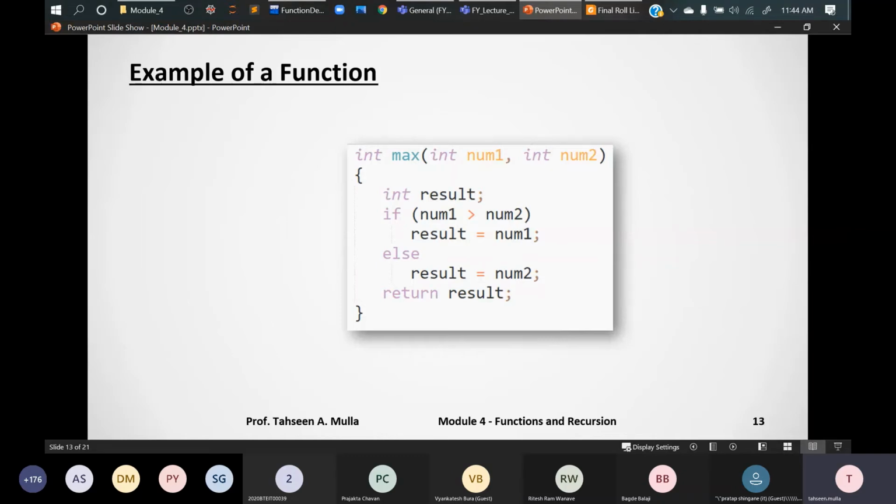Basically, formal parameters behave like local variables inside the function, which are created upon the entry into the function and immediately destroyed when it is exited, right? So these local variables or formal parameters will come into existence when your function scope starts, and they will be destroyed when it ends its scope.